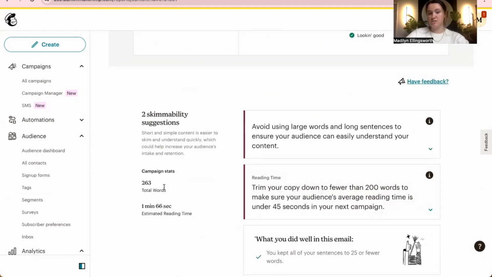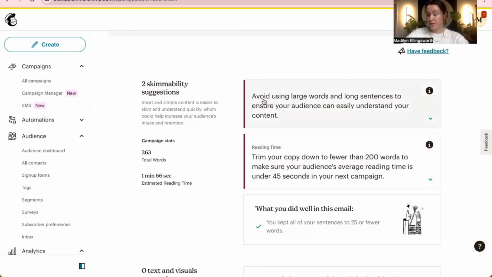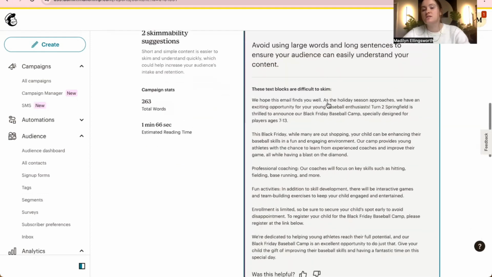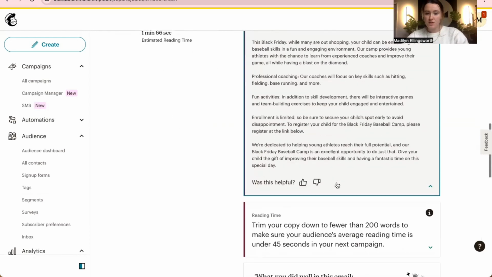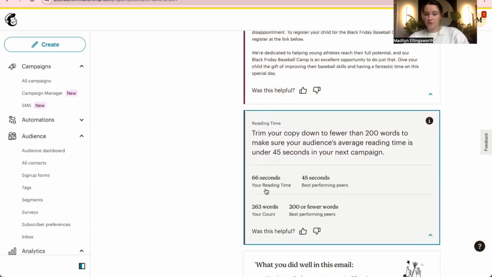So for skimmability suggestions, the campaign status was 263 words. So about 2 minutes to read. Now it gives you these suggestions. Avoid using large words and long sentences to ensure your audience can easily understand your content. And then trim your copy down to fewer than 200 words. So it gives you